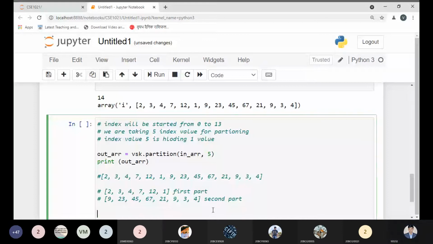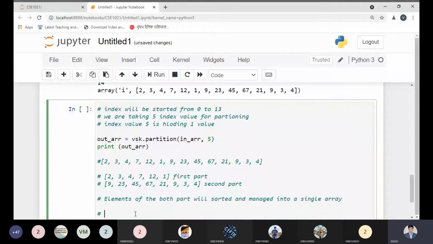Then elements of both parts will be sorted and merged into a single array. So what is the sorting of the first part?